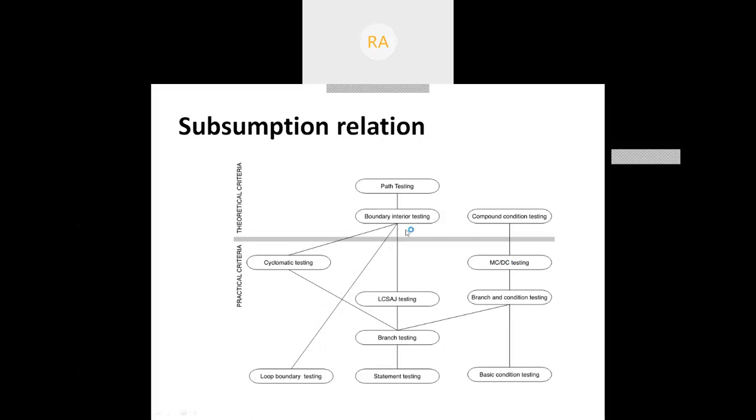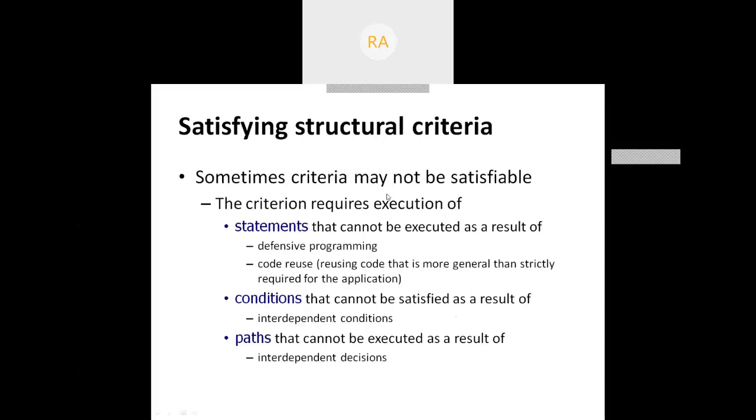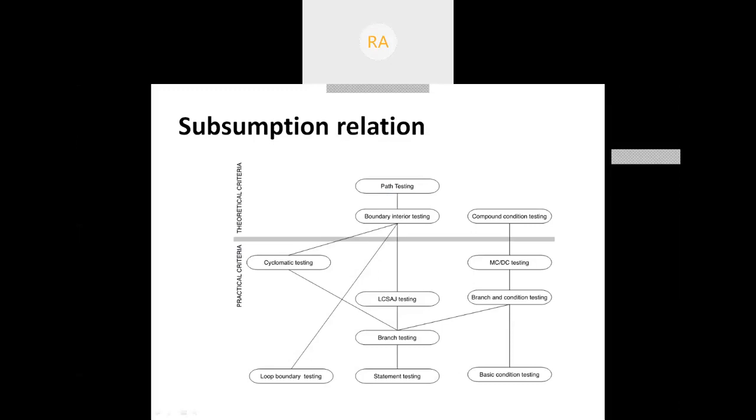With the help of this diagram, you have to explain subsumption relation. Suppose you go for branch testing, indirectly you are performing statement testing. This is what I call one testing technique subsuming another testing technique. With the help of the diagram only you have to explain. This diagram plays an important role in explaining things. Any doubts over here in understanding subsumption relation? You have to write all the testing techniques, and which will cover the other technique should be indicated with the help of the diagram.